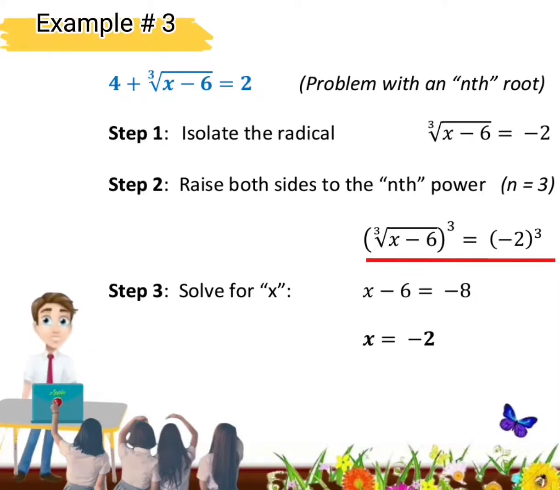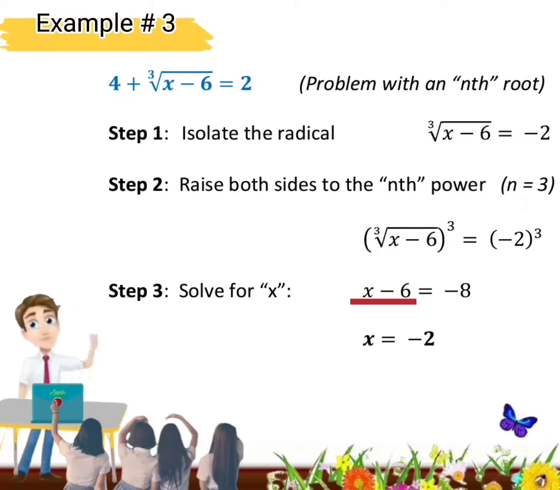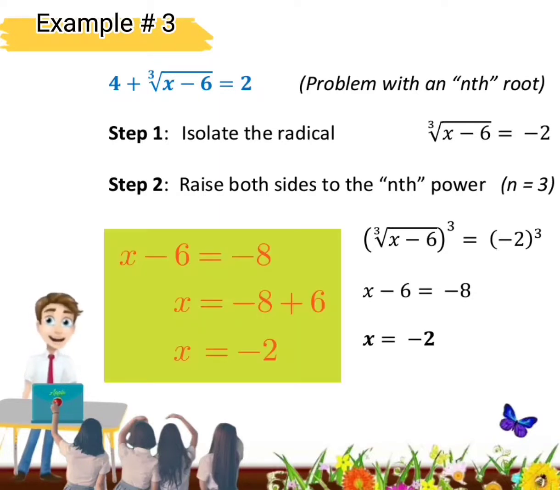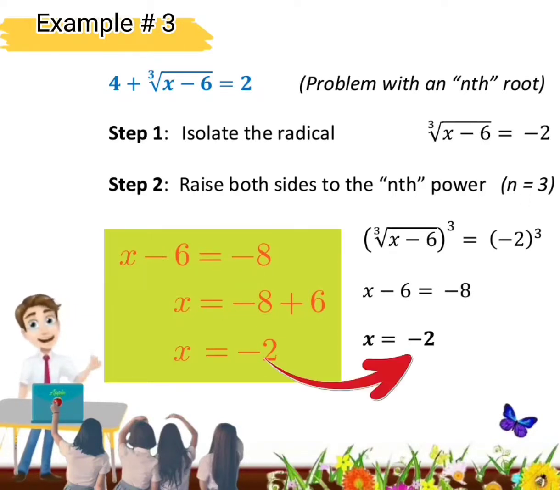So that is cancelling the radical on the left side, so we have x minus 6, and then getting the cube of negative 2, that is negative 8, and then solving finally for x, we are going to move negative 6 to the right, so it will become positive, so that is negative 8 plus 6, so therefore the